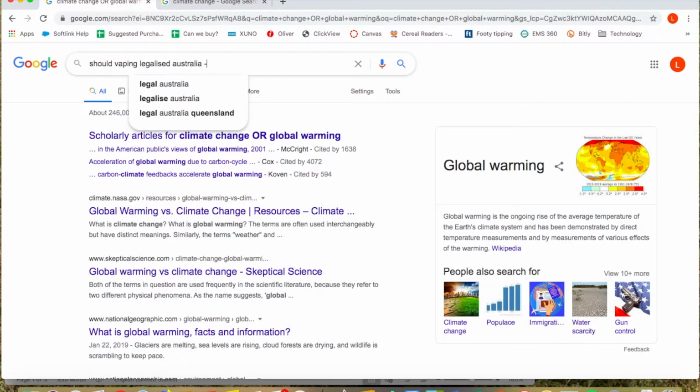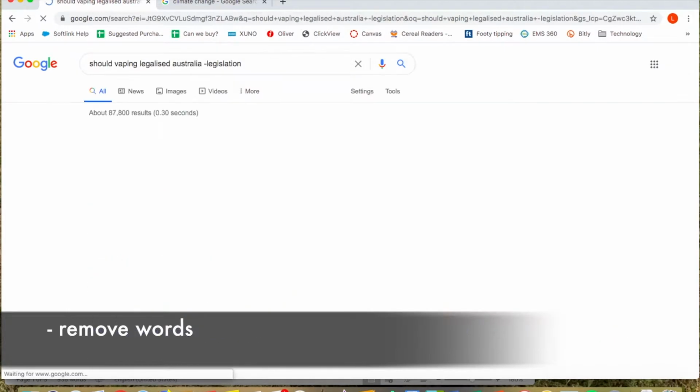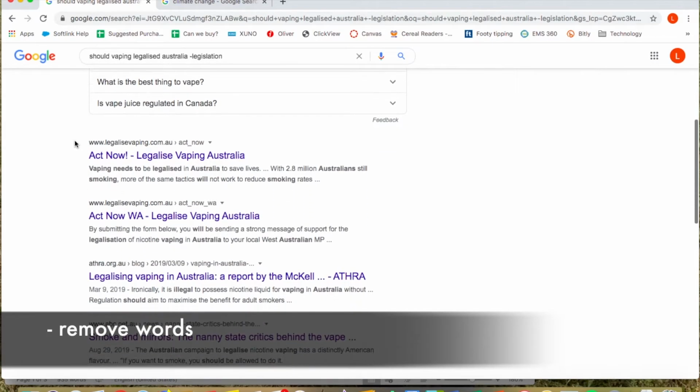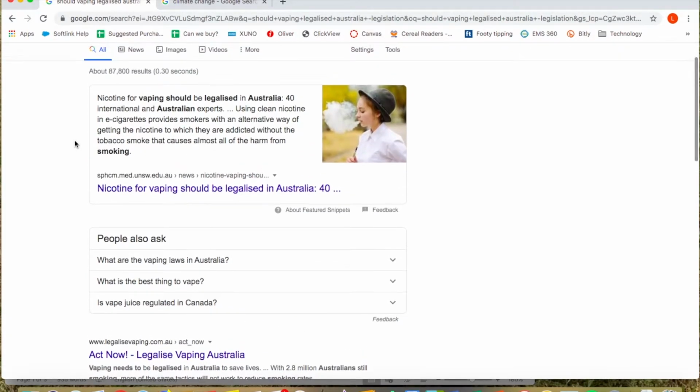So if I put in the minus sign and then legislation and hit enter, you'll notice our results have gone down to 87,000 compared to the 174,000 we had the first time. You still get legalised, and you'll still get stuff about law, but you don't get anything about the actual legislation to deal with vaping, which is what we're after.